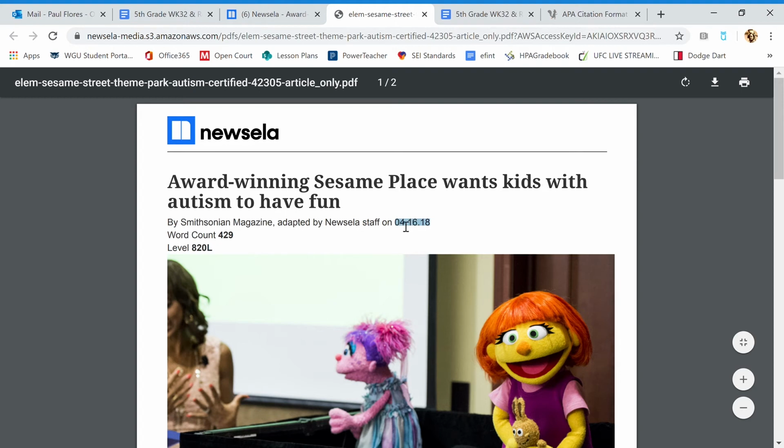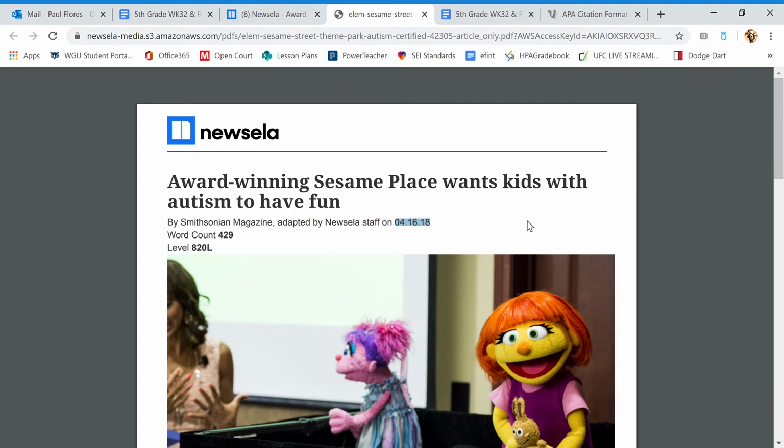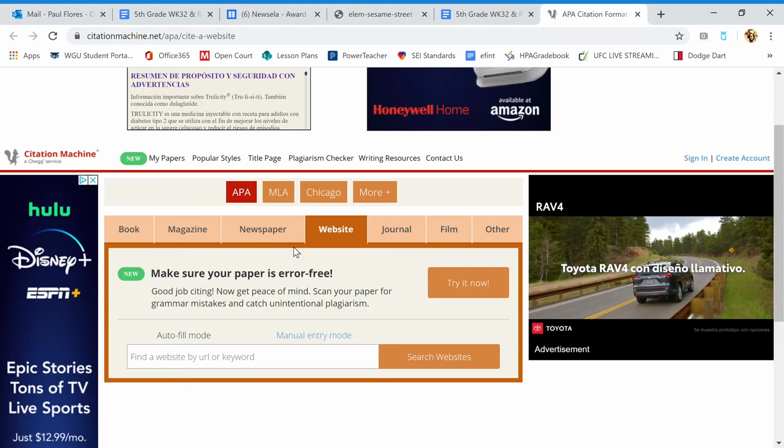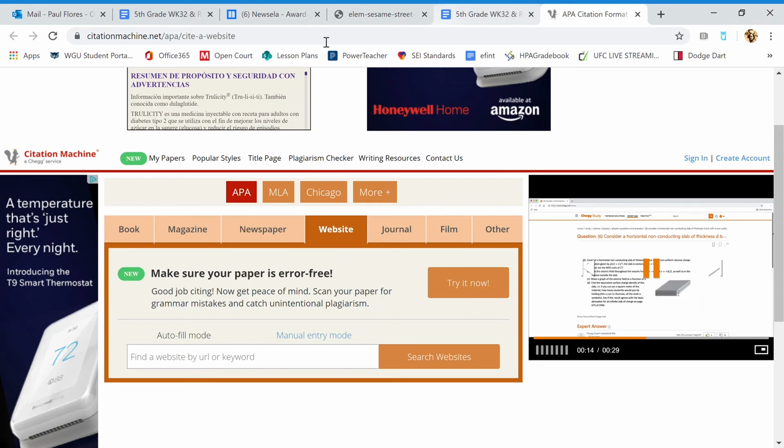Another important thing when using a resource. Okay, so if you're looking through a resource and there's no date of when it was copyrighted or published, you probably shouldn't use it, okay guys? And I'm going to go ahead and show you how this website works to where you can create your own bibliography. So